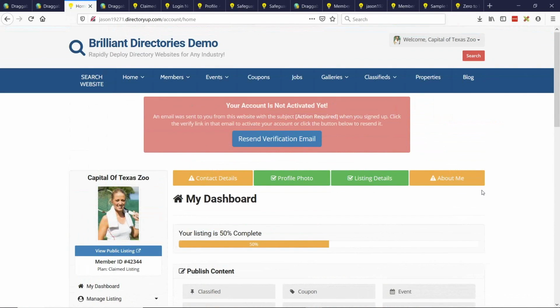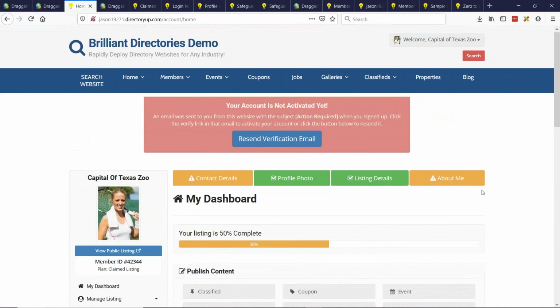The other thing is you can tell them to claim it for $1. So they have to pay, and it's a very fat chance that on some random site, some business is going to go claim all the businesses for $1. So a legitimate business would want to claim it for $1, or you could just direct them to all your membership plans that are available, and they can choose if they want a bronze, silver, or gold plan to sign up with and claim their listing.